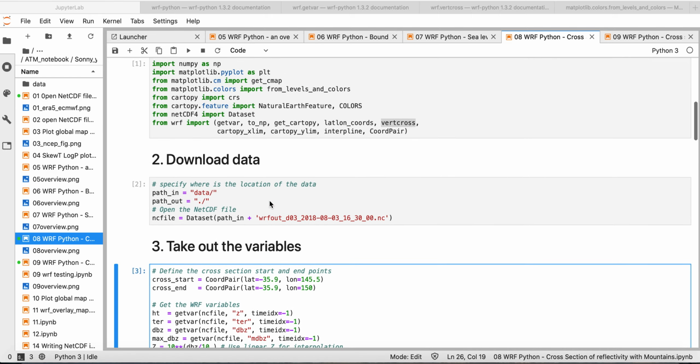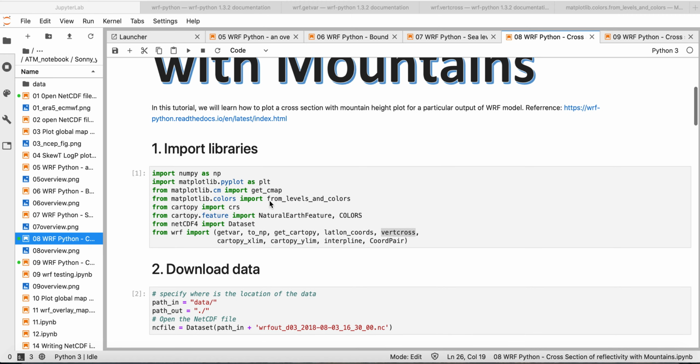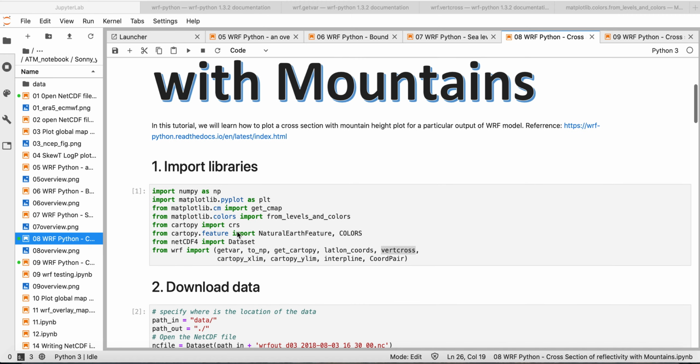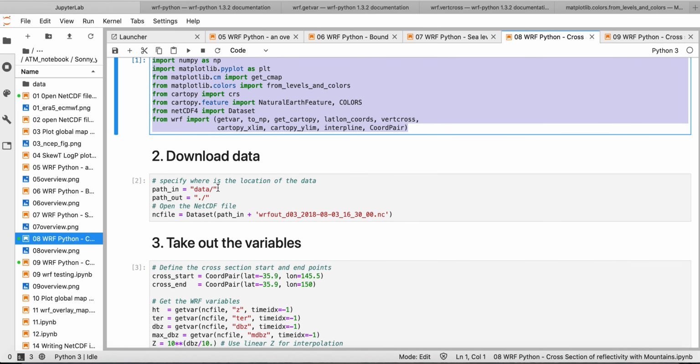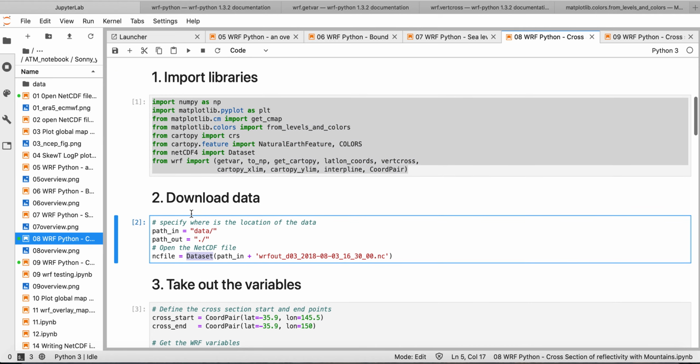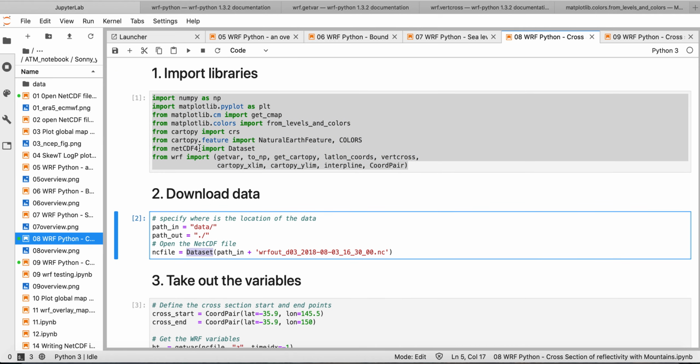Okay, we start our tutorial today, and first we need to import libraries. There is a certain number of libraries that we need to import. However, I'm not going to detail what they are, but certainly you can search for more information in Google. And the next step is loading the data. First, we need to specify the location of the data. And then next, we need to use the Dataset function from the NetCDF4 to import